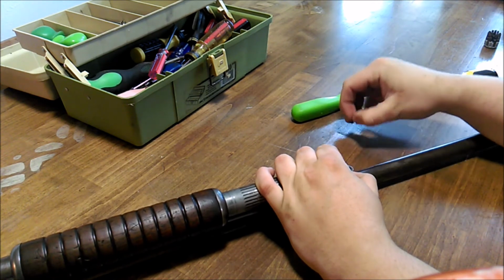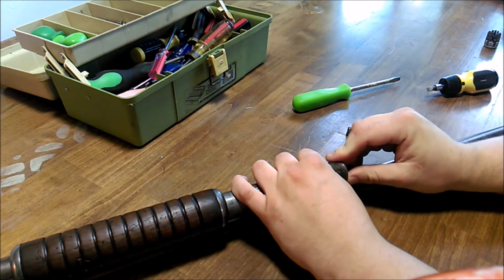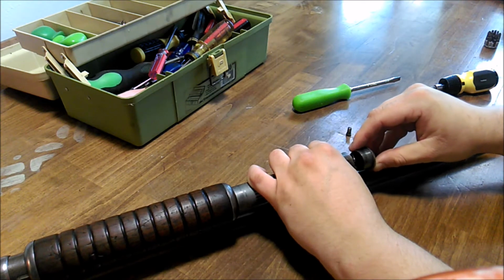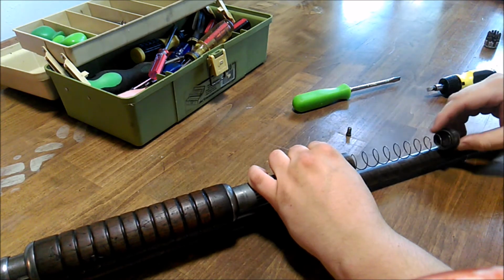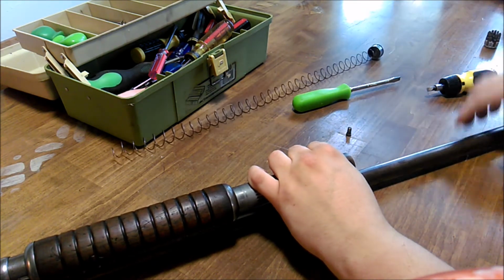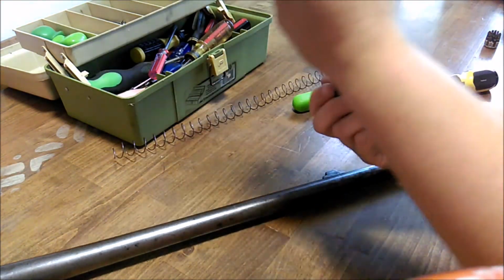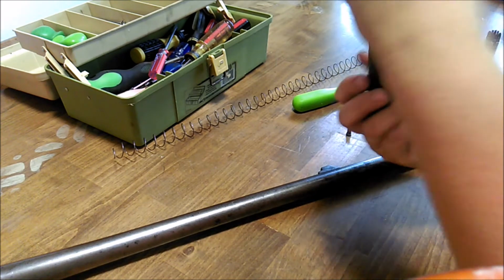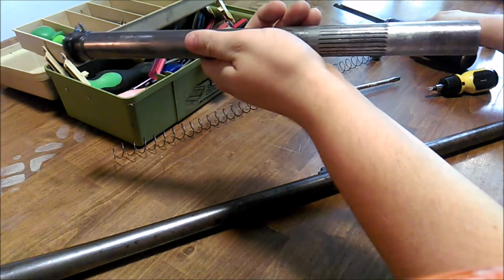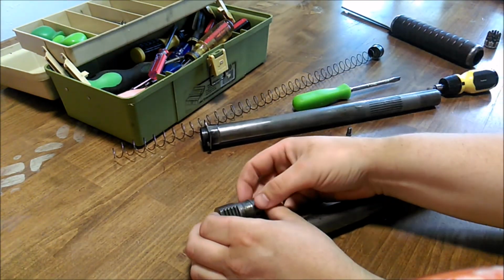So it will deceptively stay assembled just through sheer spring power until you lift up on it. And then this comes apart, and you get your follower spring. From that, the entire thing just kind of falls apart. So, turn it upside down. You will get your slide, of course, and it will either come out with it or just fall out as